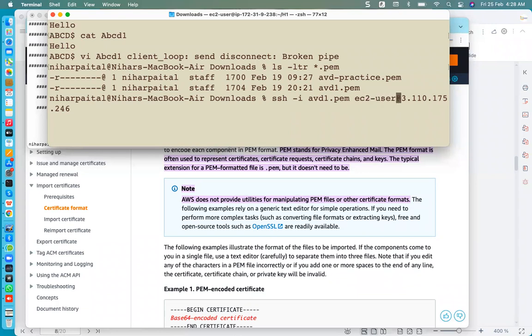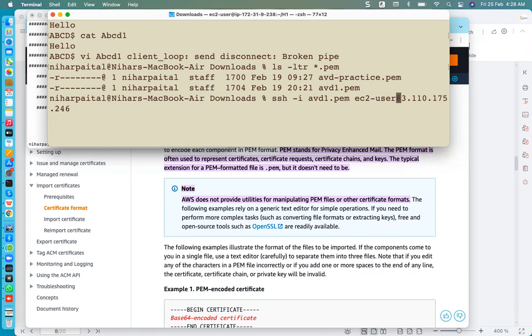Suppose you are going to connect to a machine which is a Linux machine, that is an Ubuntu machine, then here you have to write ubuntu instead of ec2-user. Ubuntu is the default user for the AWS Ubuntu machine, and ec2-user is the default user